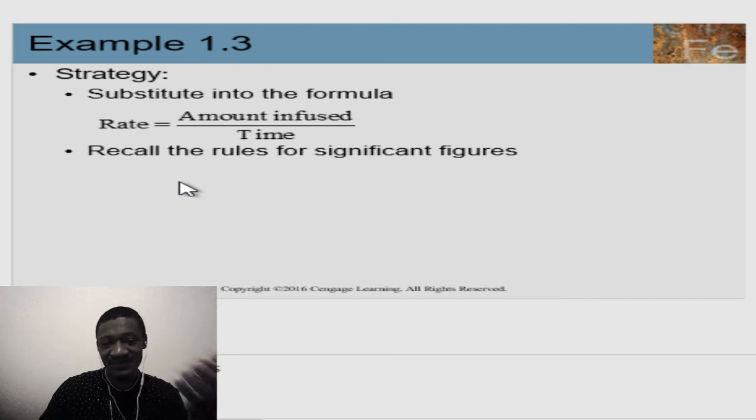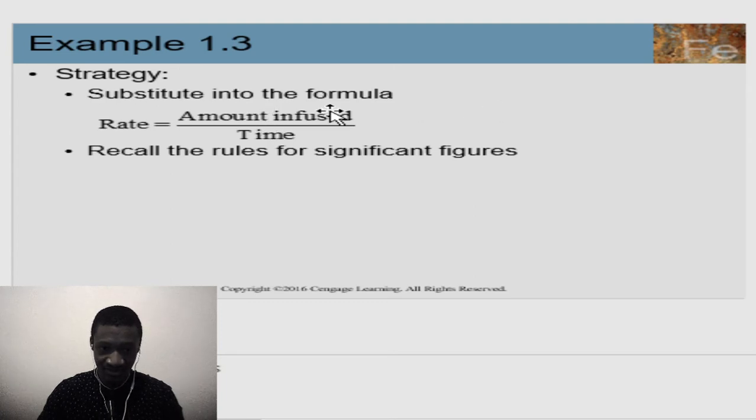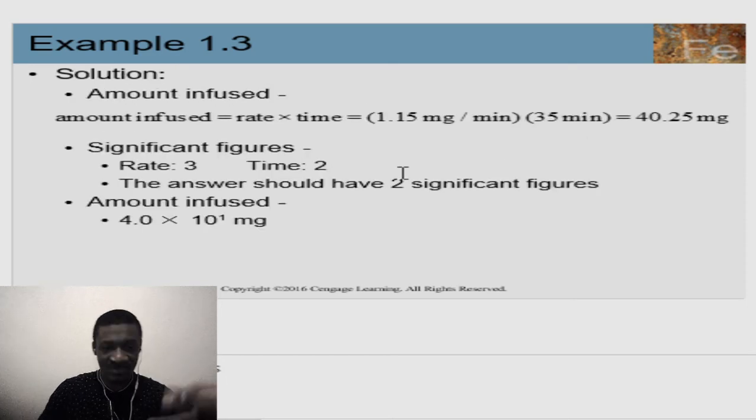So remember, I said rate is the amount I've infused over time. So if you have the rate, if you multiply the time by the rate, you'll have the amount here, because the time will cancel the time and then you have the amount. So that's how you go about solving it. So straightforward, you just multiply the 1.15 milligrams over minute by a minute, and these two units will cancel out,